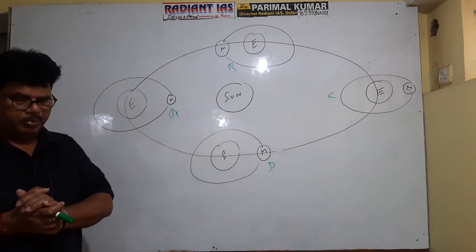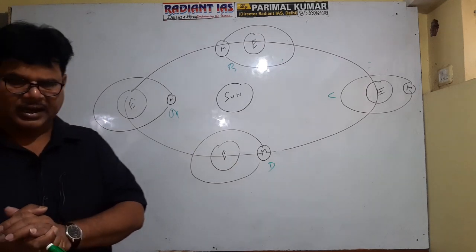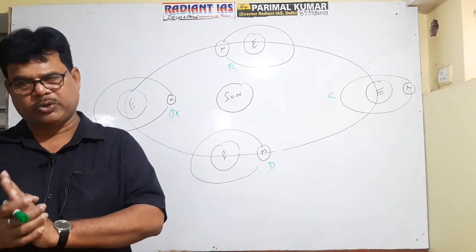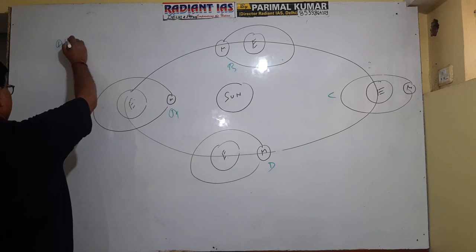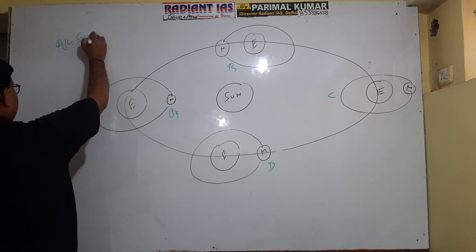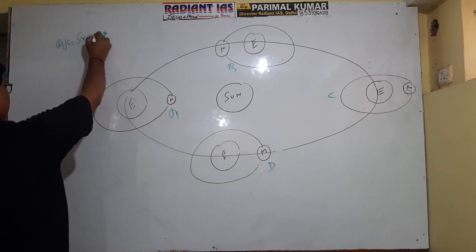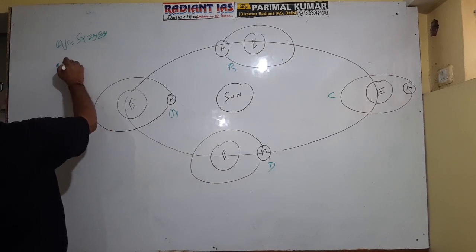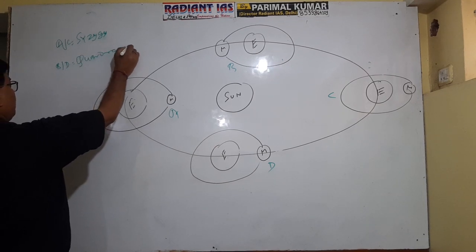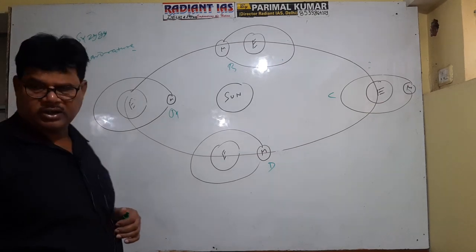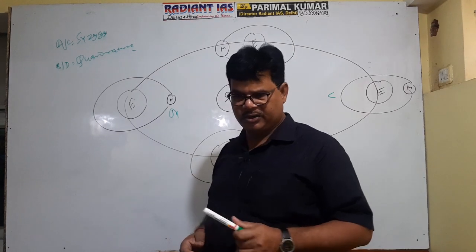But if the moon and the sun are located at a right angle with respect to the earth, it is referred to as quadrature. So it means A and C are syzygy, S-Y-Z-Y-G-Y, it is clear, na? And B and D represent the quadrature, Q-U-A-D-R-A-T-U-R-E. What is the basic difference between syzygy and quadrature? It is clear, na?